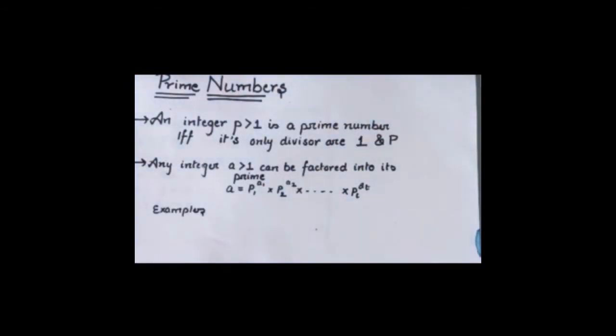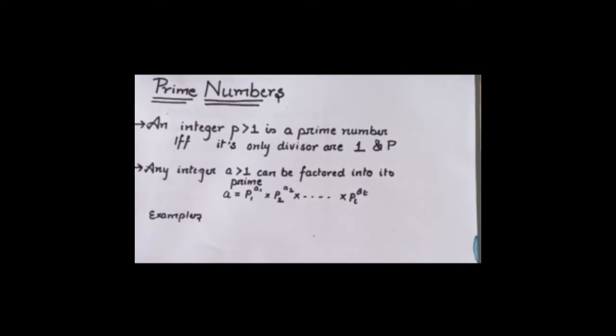Moving ahead to the understanding of prime numbers. Now, what are prime numbers? Any integer which is greater than 1. Always remember, 1 is not a prime number. Why is 1 not a prime number? Because the definition of a prime number says its divisors must be 1 and the number itself. In the case of 1, it is divisible by 1 and it is divisible by 1. Both the terms are simply 1. Therefore, 1 is not a prime number.